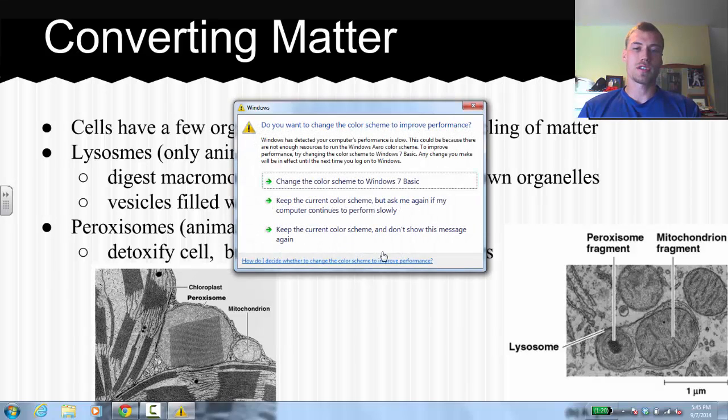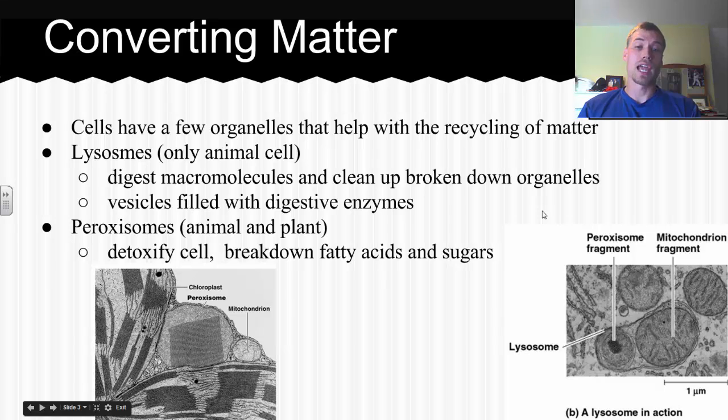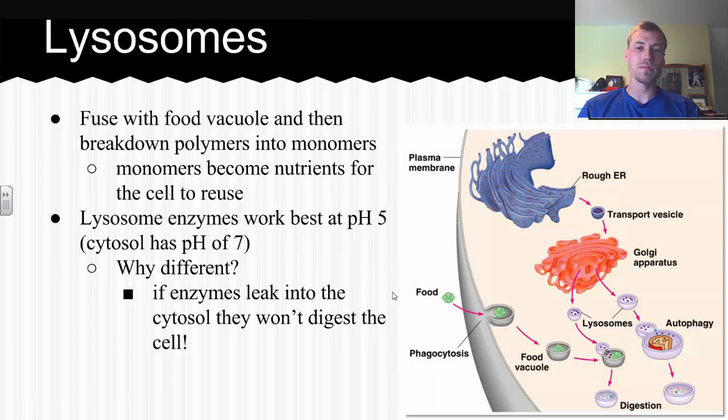Peroxisomes are pretty similar. They detoxify a cell, and they generally are used to break down fatty acids and sugars. You can see what those look like under a scanning electron microscope. So lysosomes fuse with food vacuoles, and then they break down polymers into monomers, and those monomers now become nutrients for the cell to reuse to build